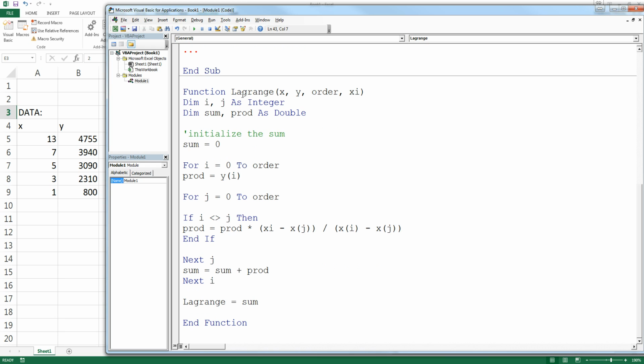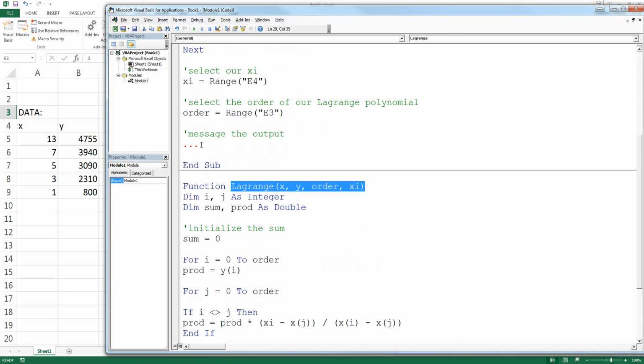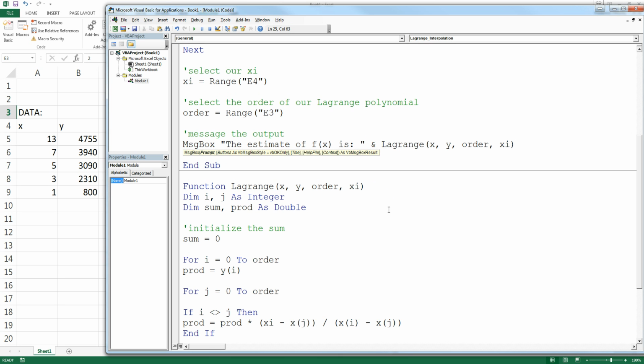Alright, so now that we have a Lagrange function, we can message the output as a message box. The estimate of f of x is ampersand, and then we'll go ahead and put our call to this function. Okay,